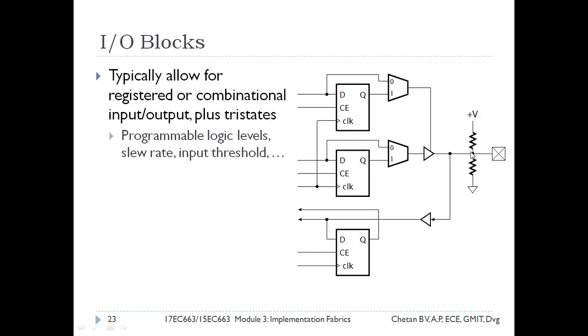Along with this kind of programming feature, this also has the feature to accept or be compatible with different voltage levels like TTL. So we can program this IO block to support TTL logic and CMOS logic and etc. This feature is not available in the generic array logic and PALs. And also we can program this IO block to produce different slew rate and input thresholds.